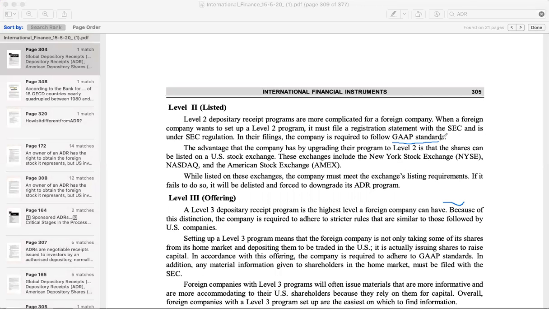You don't need to give any disclosure. If you want, you can give. Annual reports भी submit नहीं करना था कंपनी का. But if the company wants, it can give. Otherwise, it's an option for the company. It must file a registration statement with the SEC. This was not required in level 1. And then once it is in level 2, it has to get listed with a stock exchange. Right? And it has to follow certain disciplines which was not required at level 1.